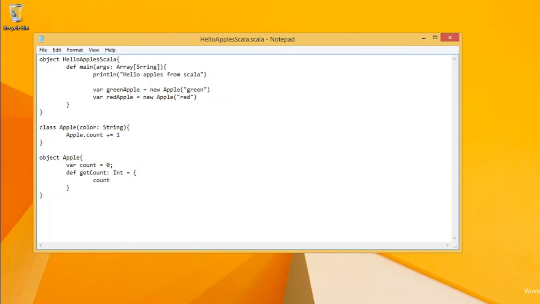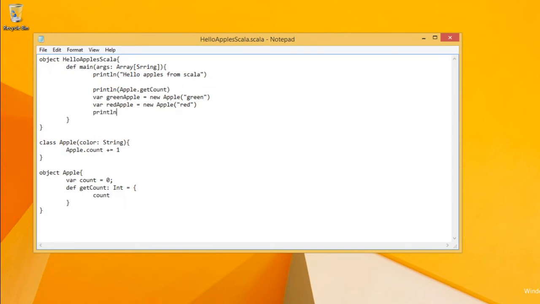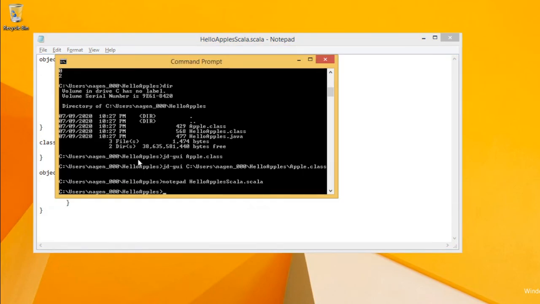So we are done. We have written the equivalent of the same thing here. Oops, I forgot the println. So now we are done. Let's see.